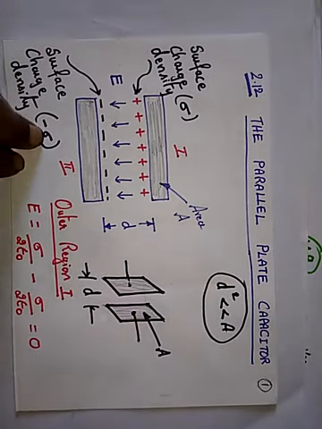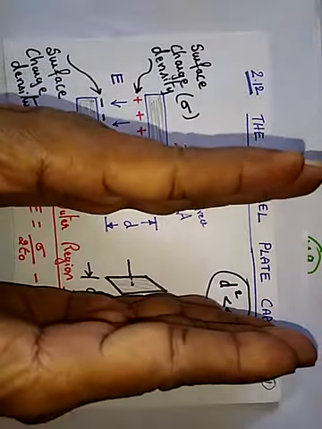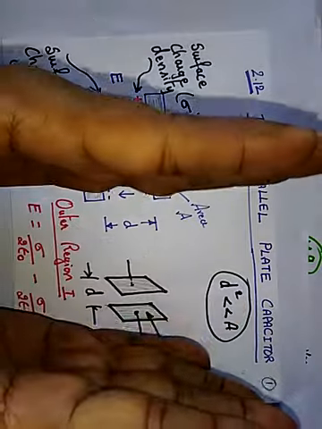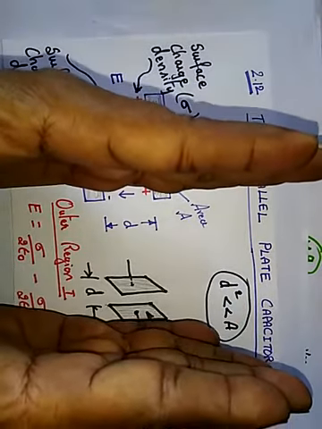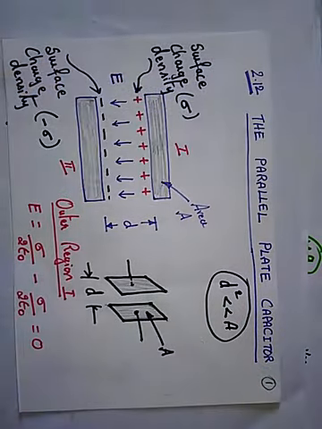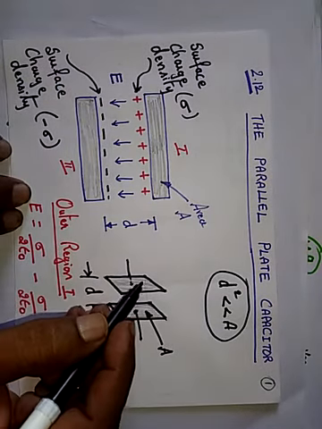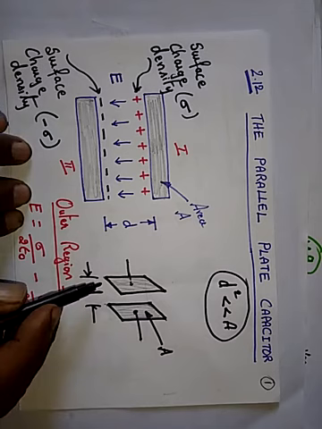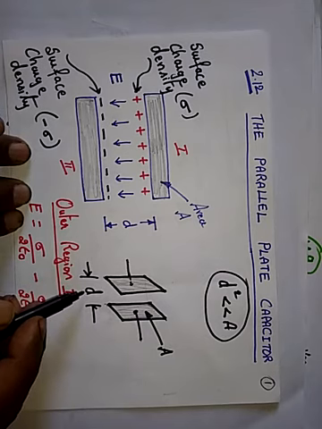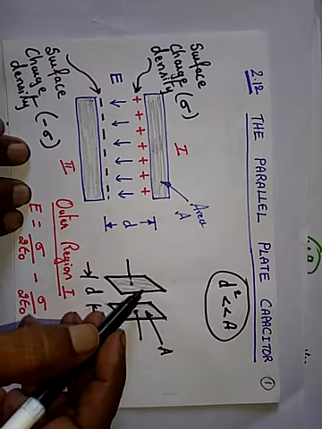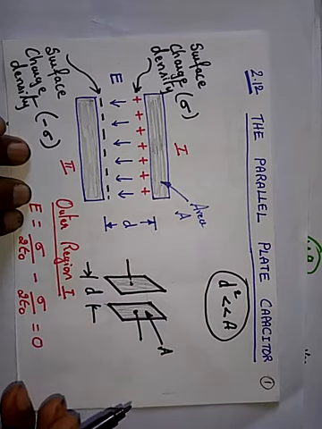If I say parallel plates, it means it is like this, okay? This is one plate and this is another plate. Both are parallel and the area is the same. So I have shown you the two parallel plates. It will be like this, and the distance between the plates is d. The area of the plates is A.